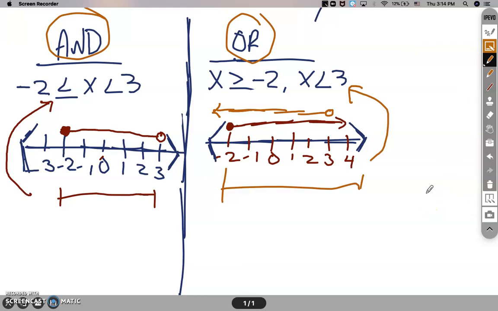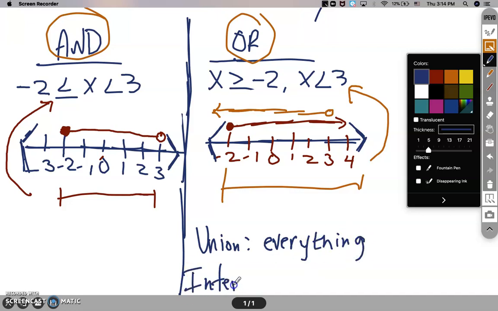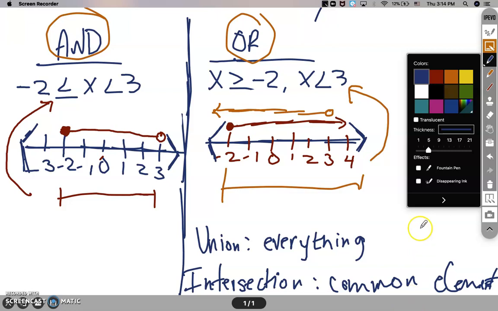Now also, they might ask you what is the union or what is the intersection, as we'll be referring to set theory. As we said, the union is going to be everything, all elements, and the intersection is going to be just the common elements, okay? So in this case, if I were to ask what is the intersection, then you would say all